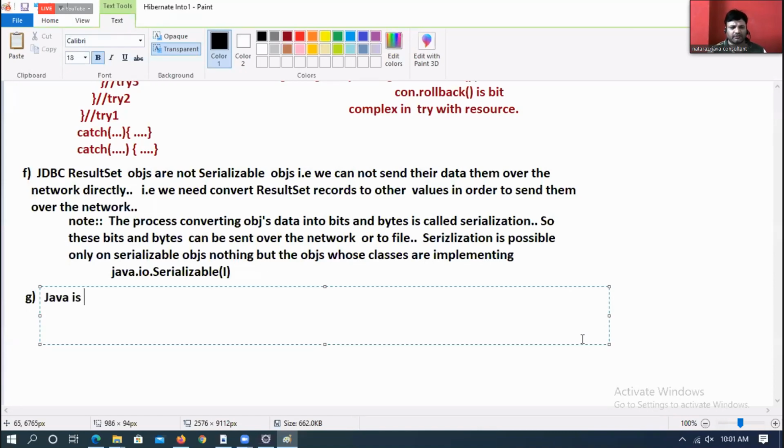Java is an object-oriented programming language, but we cannot use objects directly in JDBC persistence logic.